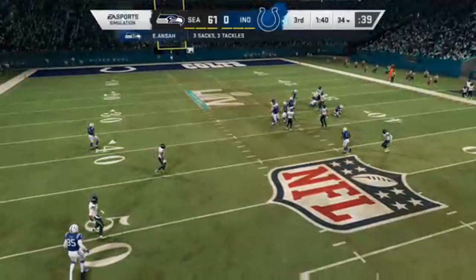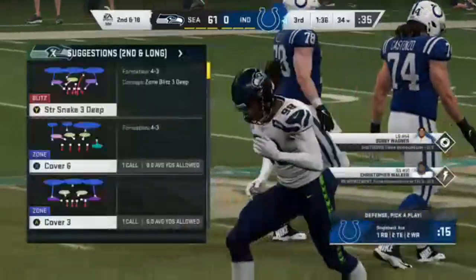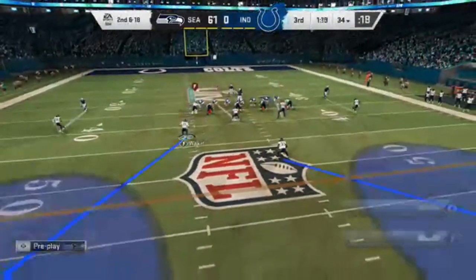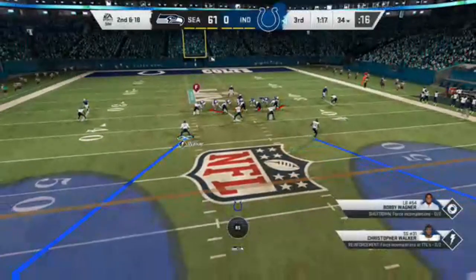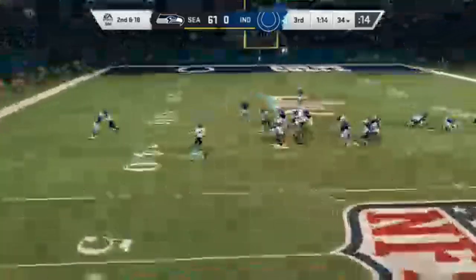Seahawk defense gets to him, and they bring him down. Ezekiel Ansah. It'll go as a loss of about 8 as he gets in there to drop him. So that complicates things a bit here. 18 yards to go now on second down. This a give to Mack running to the...